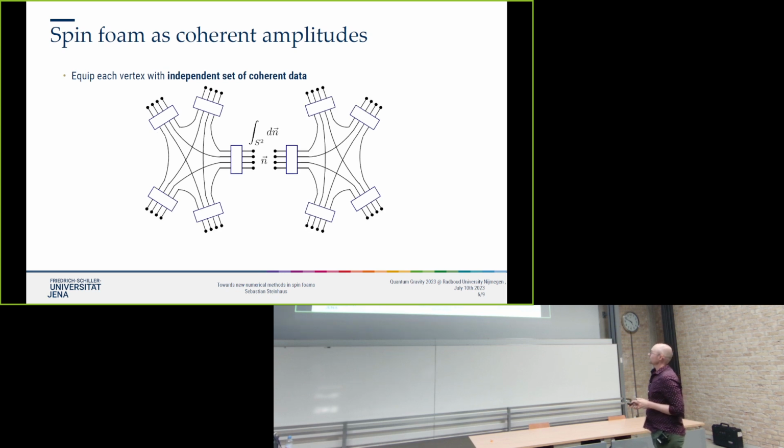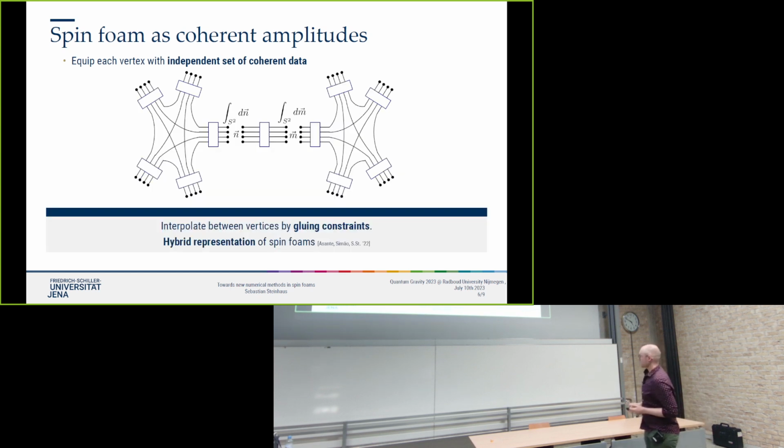So we can go back and reintroduce the explicit SU(2) integrations over the several copies of representations, and now introduce the coherent states that I mentioned before. This is just a resolution of the identity. It's an over-complete basis that you can introduce, with the caveat that you now have this integral over coherent states. And we can do this trick again by introducing yet another object in between, which we call the gluing constraints.